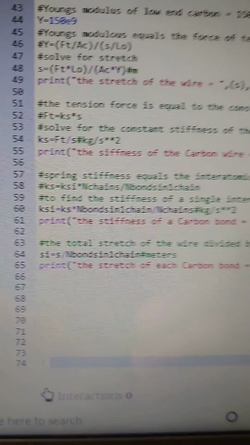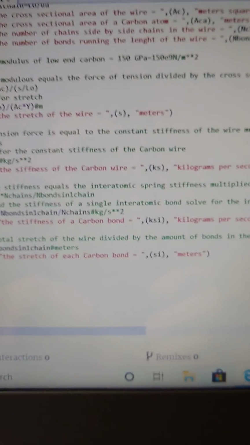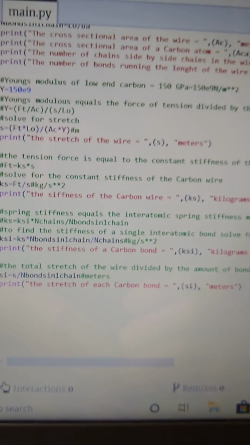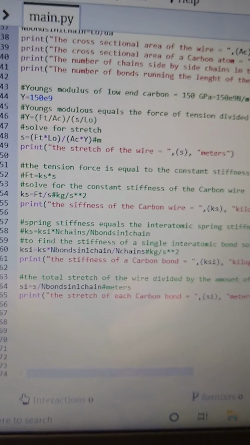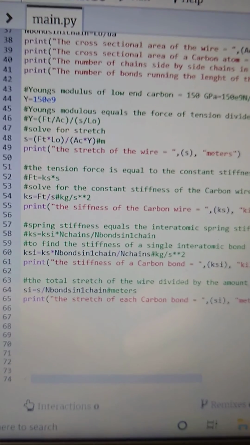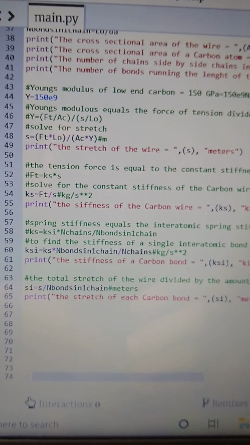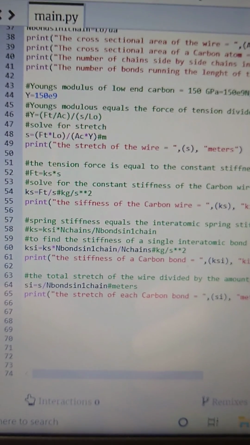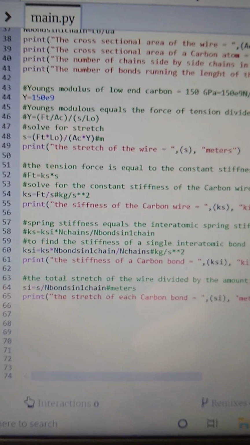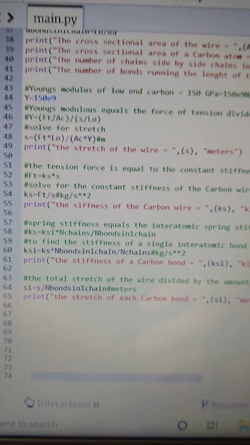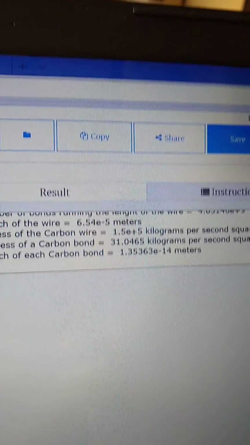And then we want to find the stiffness of each bond, and this is based off of rearranging the stiffness of the interatomic stiffness times the number of chains divided by the number of bonds. And so anyways, the stiffness of each carbon bond is